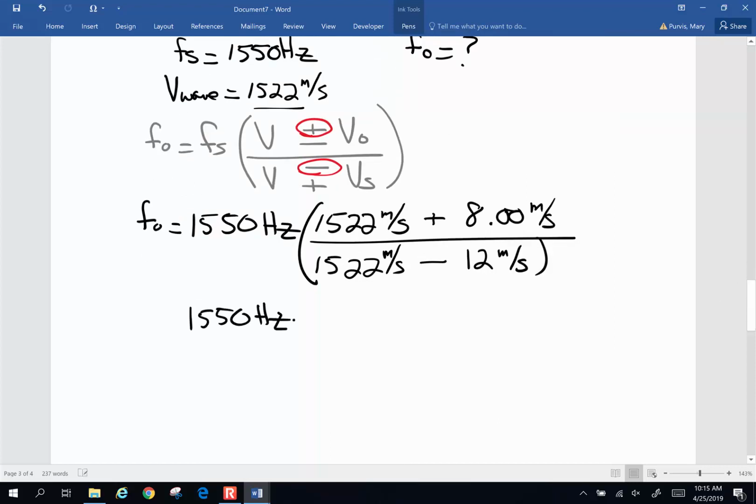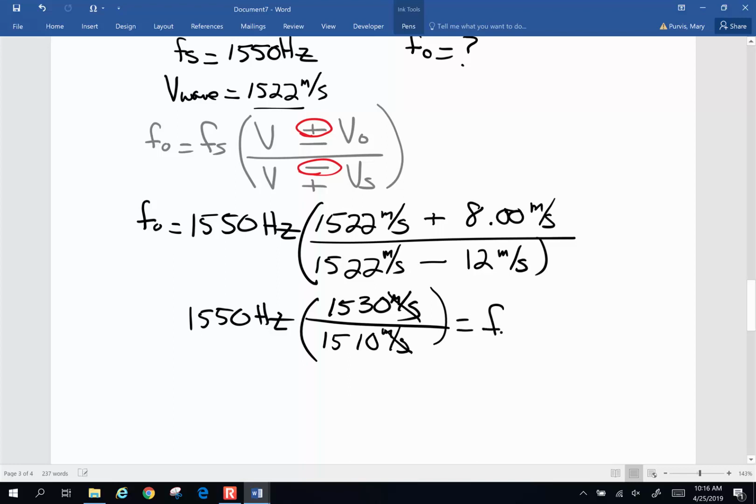All right, so the top half of the fraction is going to look like 1522 plus 8. This is going to give me 1530 meters per second. 1522 minus 12, this is going to give me 1510 meters per second. These units are going to cancel, so I'll end up with hertz. So now I'm going to do 1530 divided by 1510, multiply that by the original sound, 1550, and I get